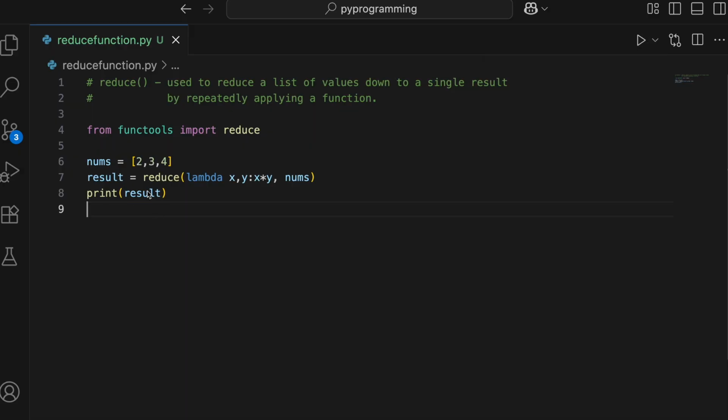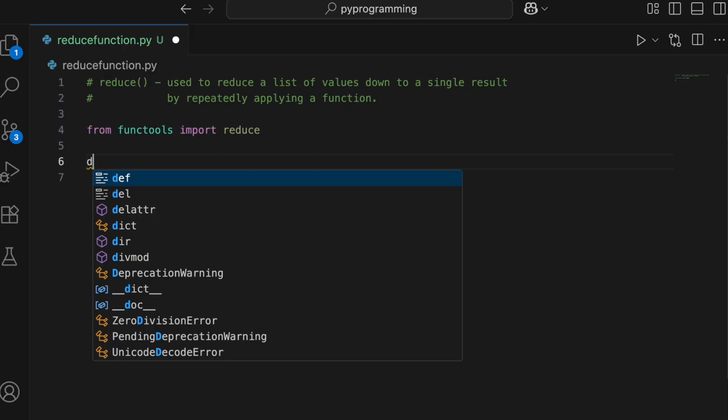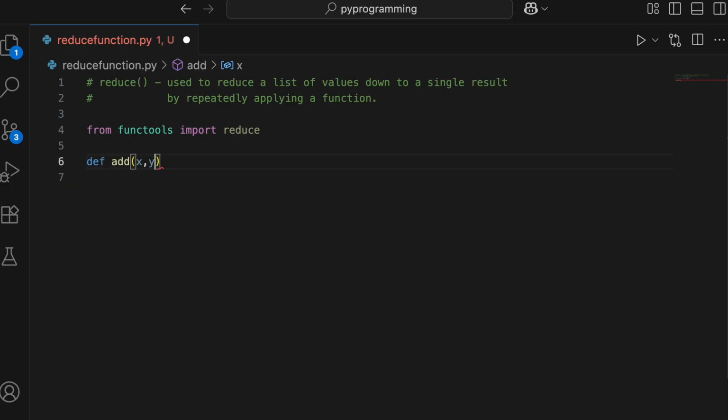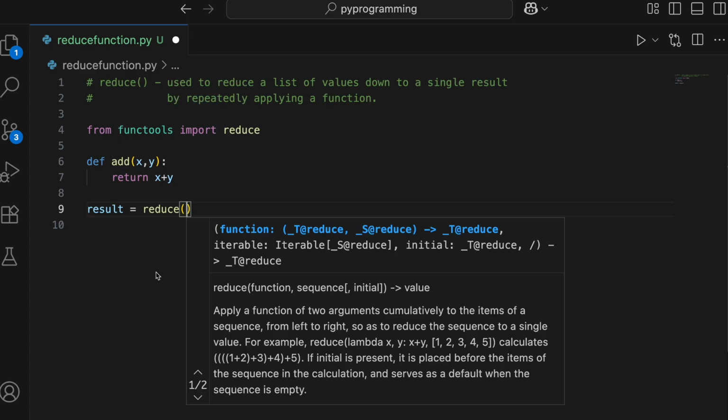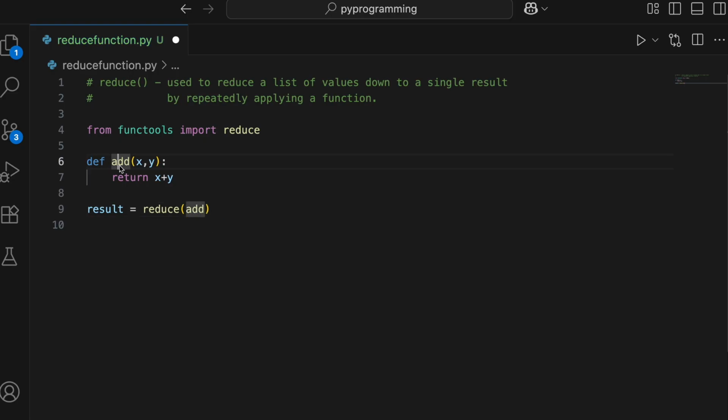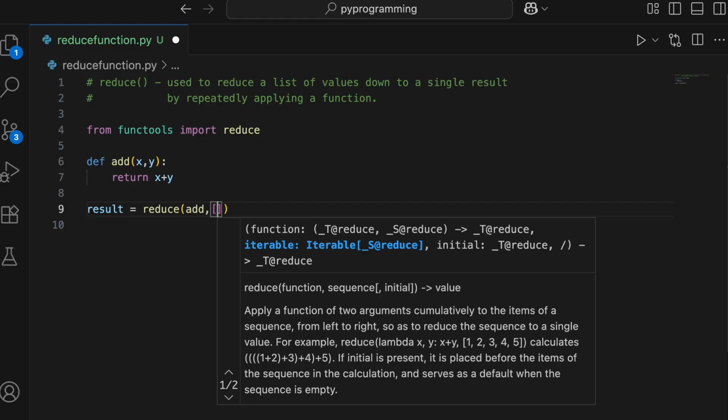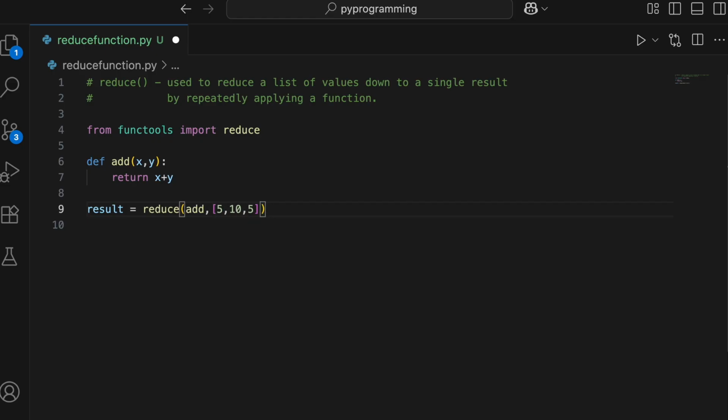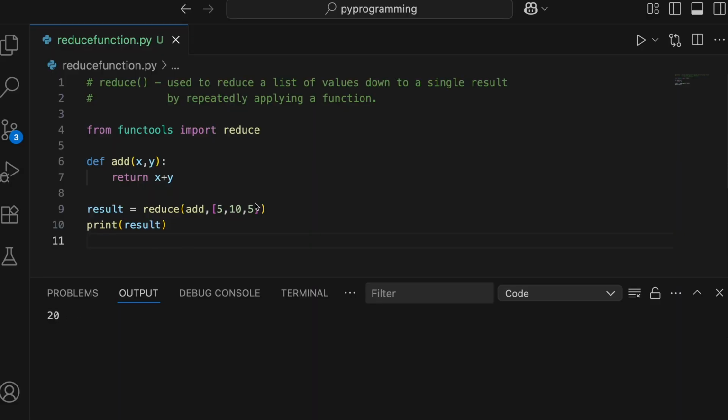You can also use it with a regular function, so let's check it out. Let me remove this. I'll create a function and name it add. We'll pass two parameters and here we are going to return x plus y. Now we'll declare a variable to receive the result, and here we'll use the reduce function, which is going to take a function as the first argument. So we'll pass the function, which is add, and then you need to pass the list. Let's pass the list of numbers here, and now we can print the result. If you see, we got the result. If your logic is not very complex, then there is no point in writing a separate regular function, right? You can rather use the lambda function itself, the way we did in the previous examples.